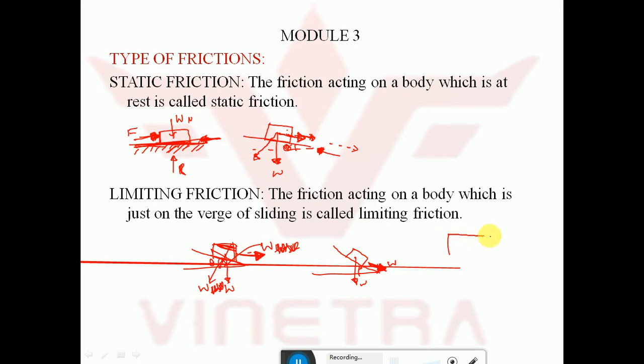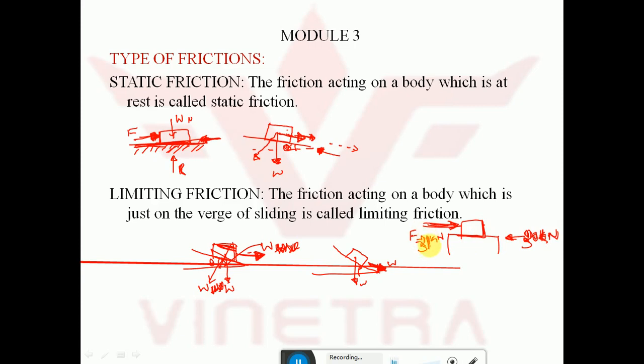Or else we will take a flat surface here. I will explain this limiting friction once again. This is the force F acting here. Let us take 10 kilonewton that I am applying. A 10 kilonewton frictional force will develop here. Next I will add another 10 kilonewton and make it 20 kilonewton. Again the frictional force will also reach 20 kilonewton. Again I will add another 10 kilonewton and make it 30 kilonewton. Again the frictional force will reach 30 kilonewton. This is the maximum friction that can develop between this body and the contact surface.